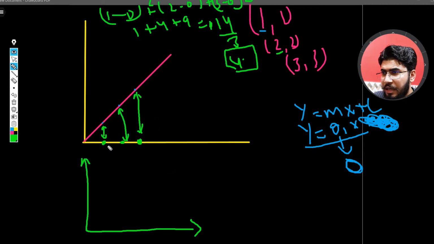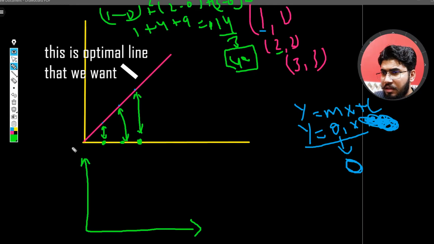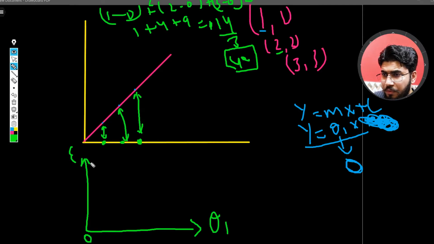So we have some error, let's round it to 4. So this is our error, this is our theta 1. When theta 1 is 0, our error is here, you can say 4. Okay, now increase the value. I hope that you are getting this. If you are not getting this, then please watch the video twice. I am sure that you will get it.